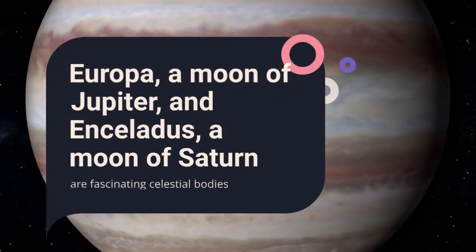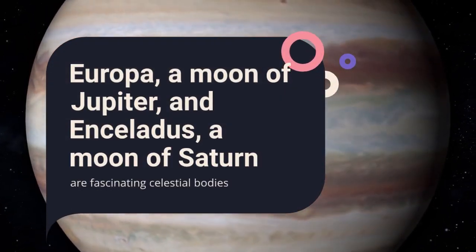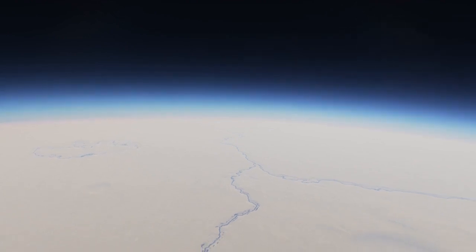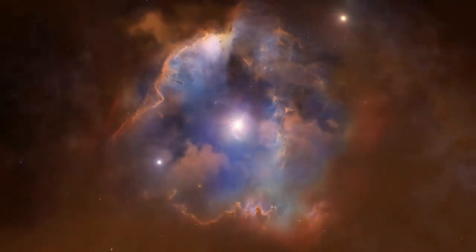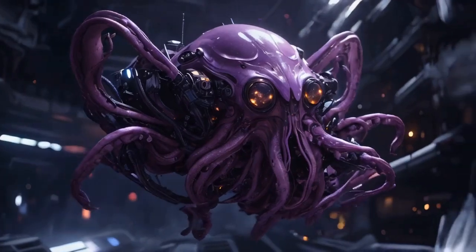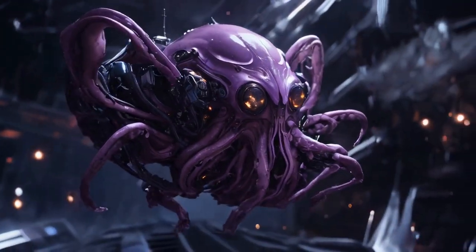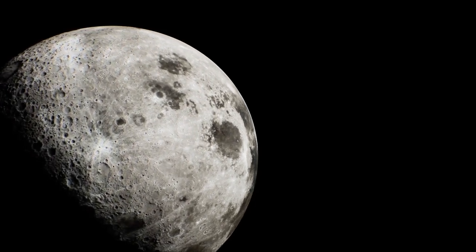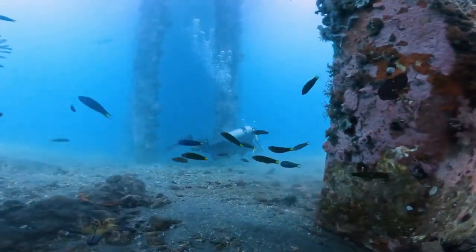Europa, a moon of Jupiter, and Enceladus, a moon of Saturn, are fascinating celestial bodies. Both moons have evidence of vast oceans beneath their icy crusts. These subsurface oceans are heated by tidal forces from their host planets and neighboring moons, creating a potential environment for life. The icy surfaces of these moons are bombarded by radiation, making them seemingly inhospitable, but the oceans below could